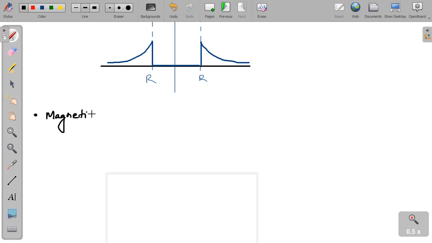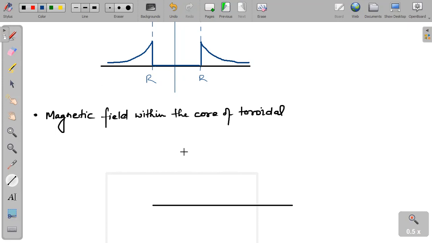Magnetic field within the core of toroidal. The graph happens to look like this. This is the center line,